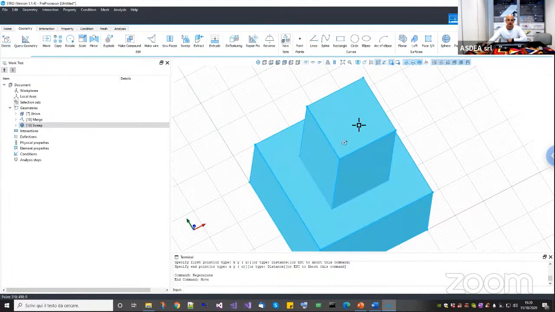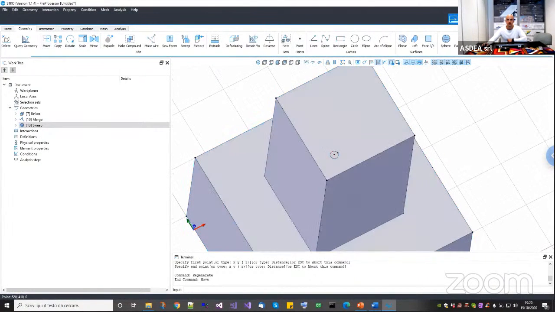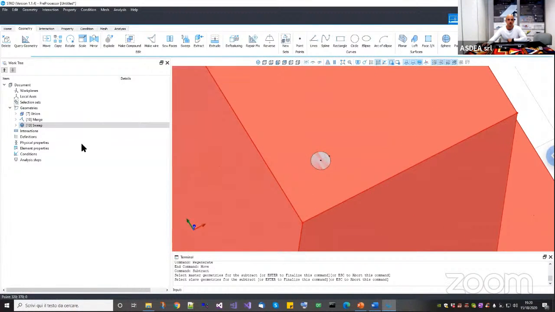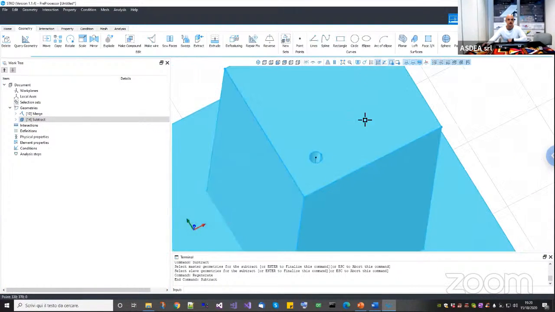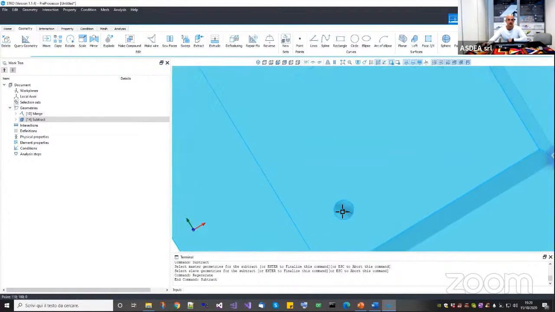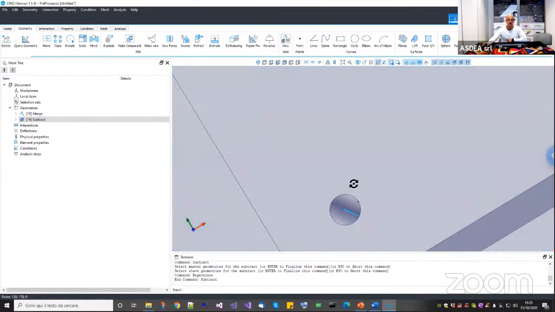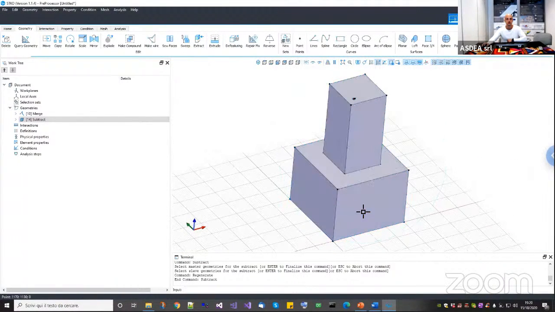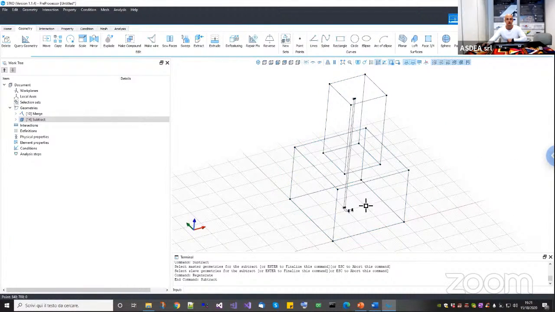And then once I have all these solids for creating the holes, I can simply go on subtract and I select the first solid, right click, and then the solid that I want to use to create the hole, which is this other one. Select and right click. So basically this one will create a hole inside here, and there will be the beam inside, okay? So basically this one is the procedure that I used to create all these holes inside my solid,